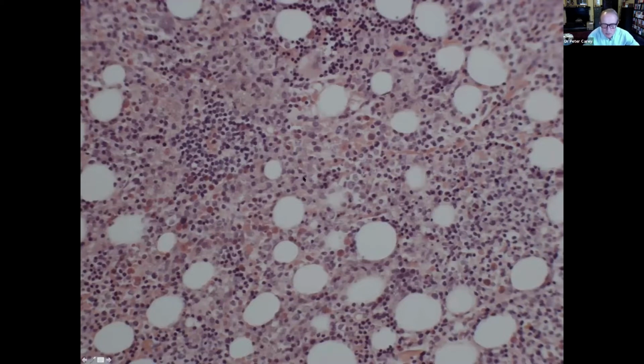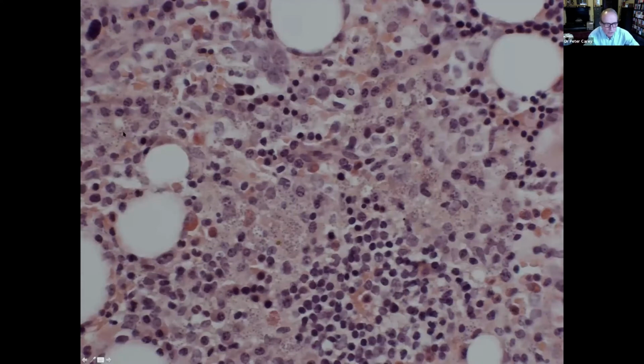When we get to slightly higher power, you might start to see this curious stippling that appears to be in the background. If we get even higher, it's quite striking. Look at all this. And if you've never seen this before, you might think this is some kind of staining artifact. But this is an absolutely characteristic appearance. Once you've seen it, you'll recognize it again. These are inclusions in the macrophages of this bone marrow,